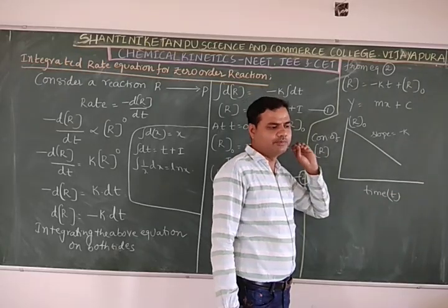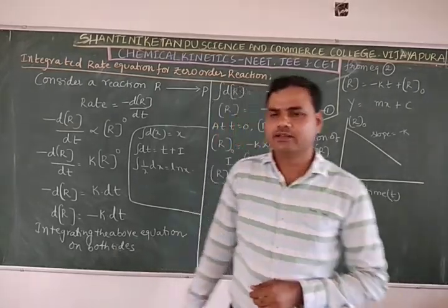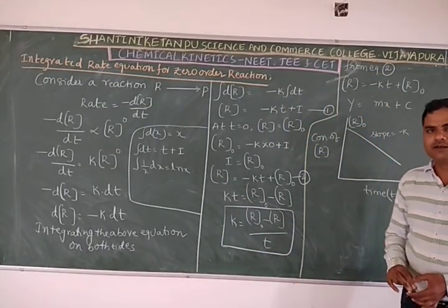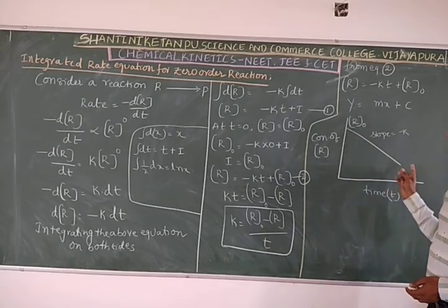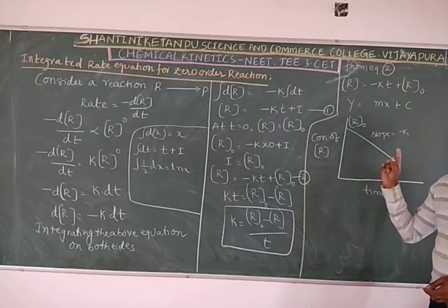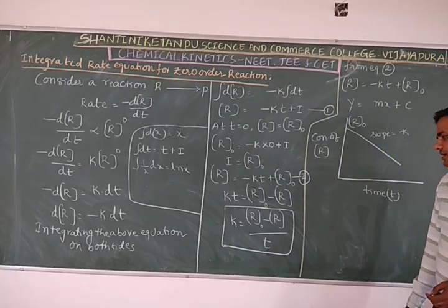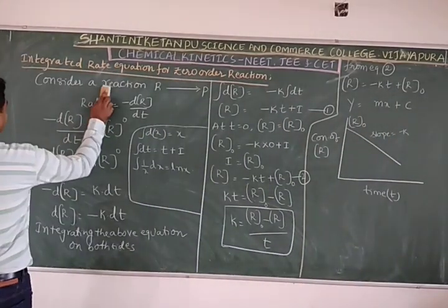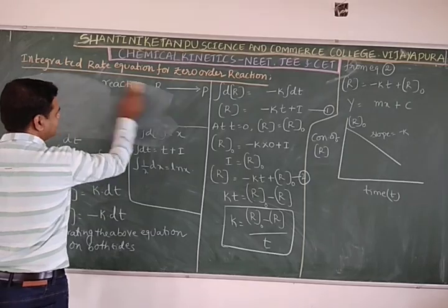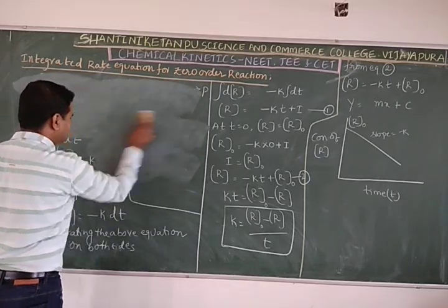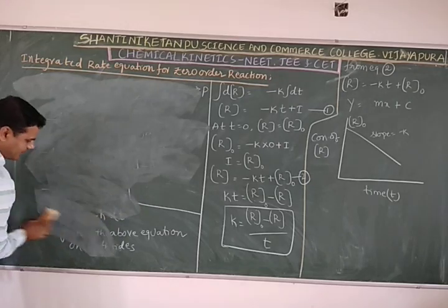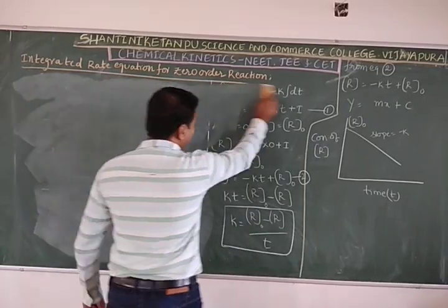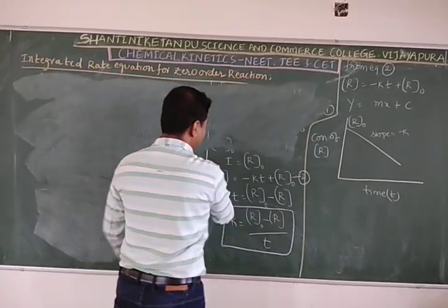So remember, we are getting a negative slope here. There are so many questions asking for the graphs of the zero order reaction and first order reaction in competitive exams. Remember, if you get a curve containing a negative slope, that indicates a zero order reaction. Based on this, we are also deriving the half-life equation for the zero order reaction, and even for the first order reaction.